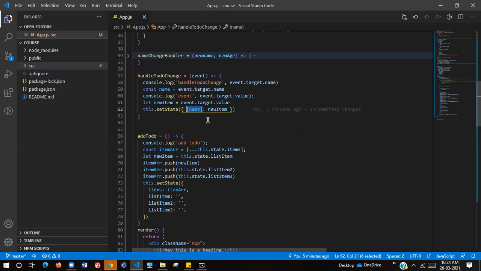Soumya, I think it is Soumya. Yeah, Harish. So you've taken the name as L name and F name, right? You can do that, but the state variable also should be the same as L name or F name.